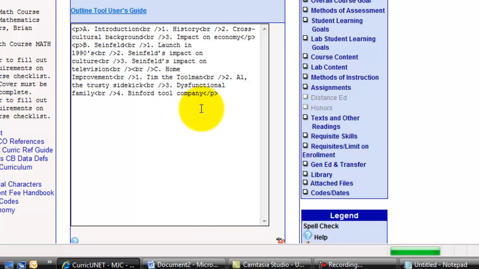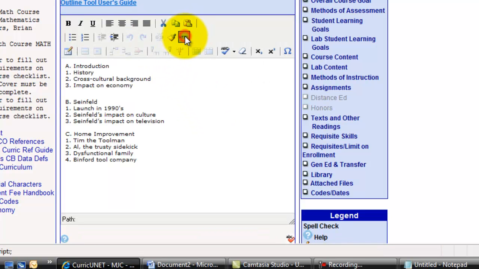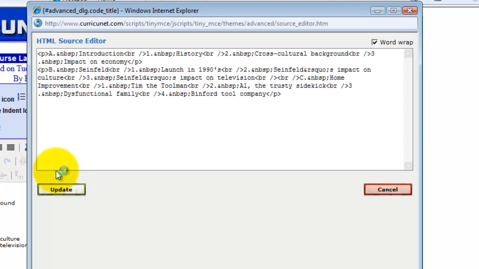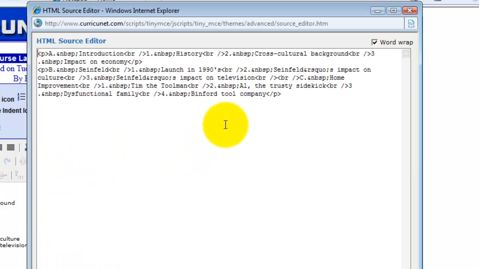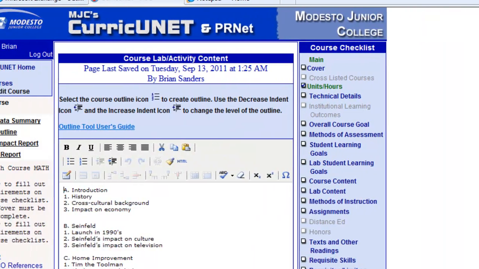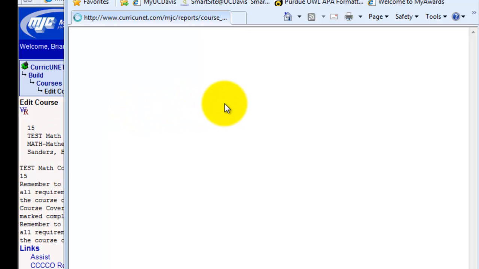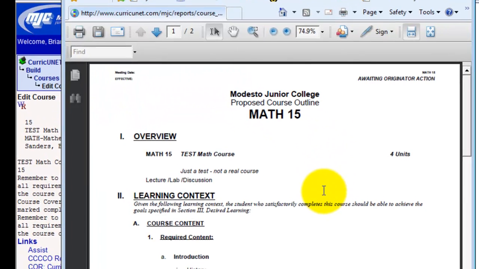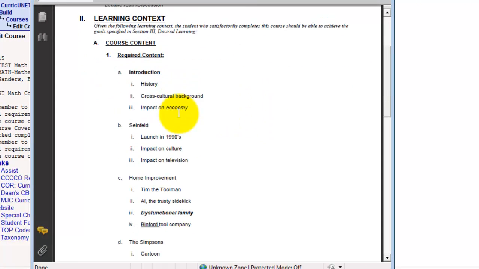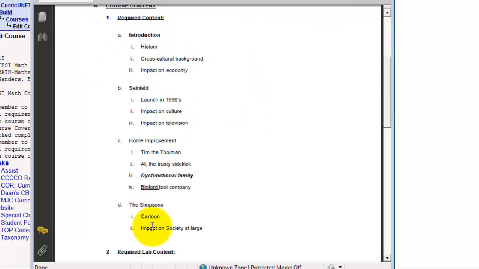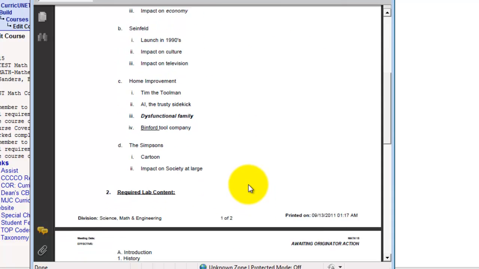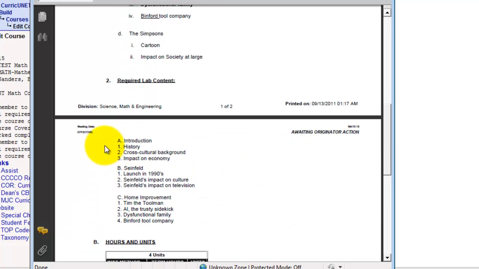And then if you look at the HTML, it looks less messy, although that doesn't look like what we saw in the other one. And if you look at the Word report, you're going to see that it's not quite looking right either. There's the content like we did before, and by doing a couple of clicks we added The Simpsons, a cartoon, impact on society at large, and here comes the lab content. Check that out. It's got an A and a 1, 2, 3, and they're all in a row because those are just letters